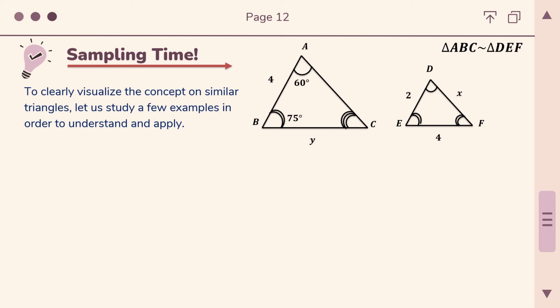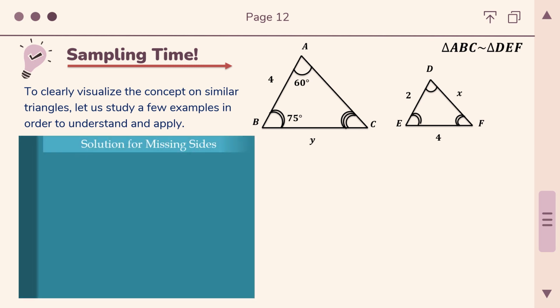So how do we establish similarity on triangles? Let's study a few examples in order to understand and apply this in our example. So to solve for the missing sides, since triangle ABC is similar with triangle DEF, then we could establish that the three pairs of each side of the two triangles are in proportion such that side AB